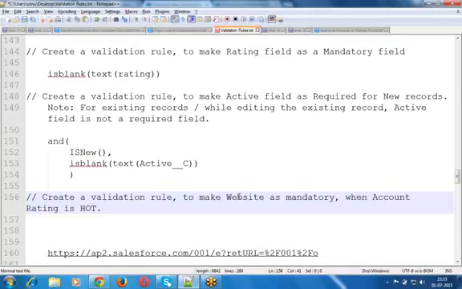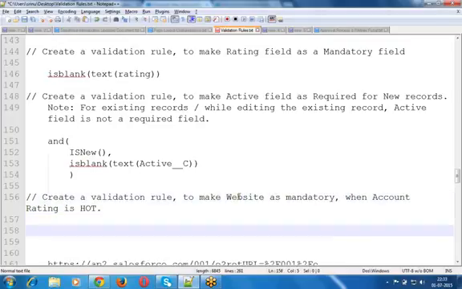Then how can we create this validation rule? Whenever the account record rating value is hot, then only I want to make that website field value filled. It should not be empty. Nothing but the website field should not be empty when the account rating value is hot. Then what can we do? How can we verify whether the account record rating value is hot or not? How can we verify whether a particular picklist field value is a specified value or a specified text or not? First, how to use? First we say